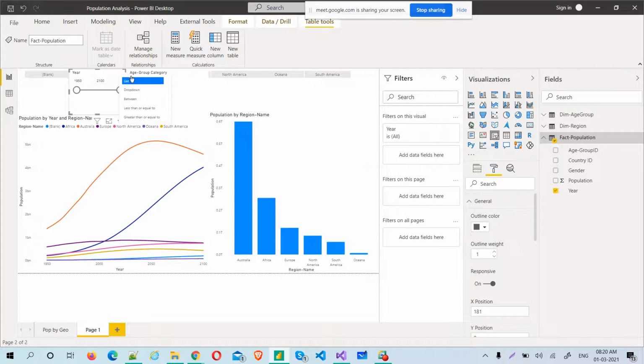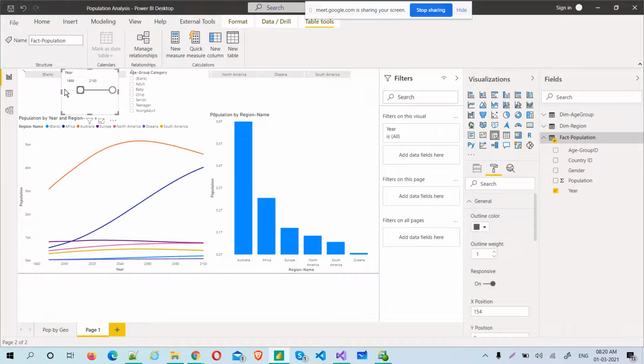So you understand this. For numeric values, list and drop down are there by default, plus between, less than or equal to, and greater than or equal to. These are the 3 options that you can see, and we can change this. It's really good. You can change slicers just like this, and you understand where we were and how the data looks. So all those things, you can play with it.